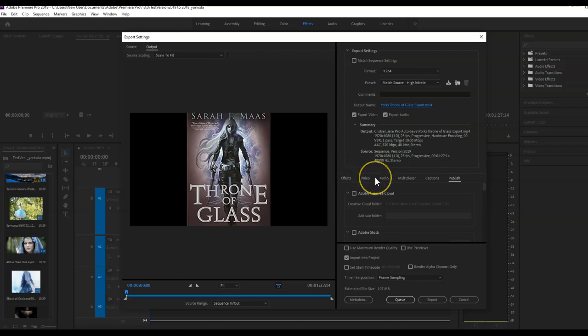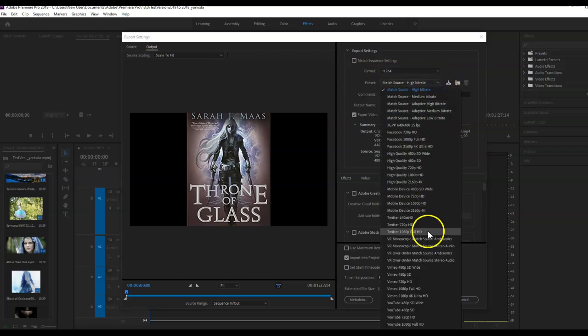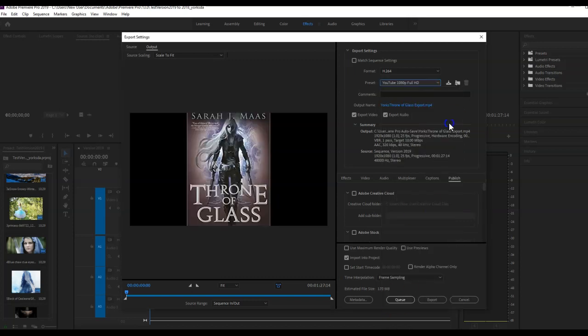Then you want to choose, where is YouTube? The preset. Under Format, where it says Preset, you're going to click the drop-down box and go all the way down and click YouTube 1080 Full HD. So you see that here, YouTube 1080p Full HD. And then we'll come down, and this may change some of the things up here,